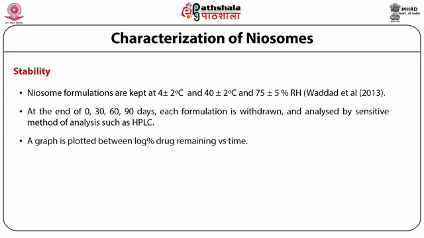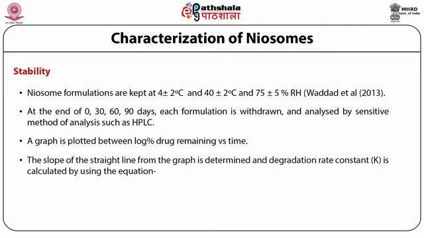A graph is then plotted between log % of drug remaining versus time. The slope of the straight line from the graph is determined and the degradation rate constant is calculated using the equation given below. The equation is